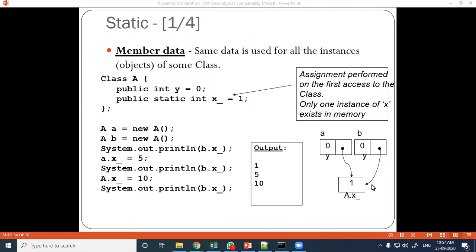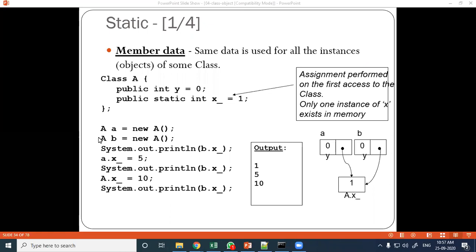See here, a dot x underscore is a separate memory space, and that static member can be accessed by object A and object B. Through any object you can access it, as well as through the class name.